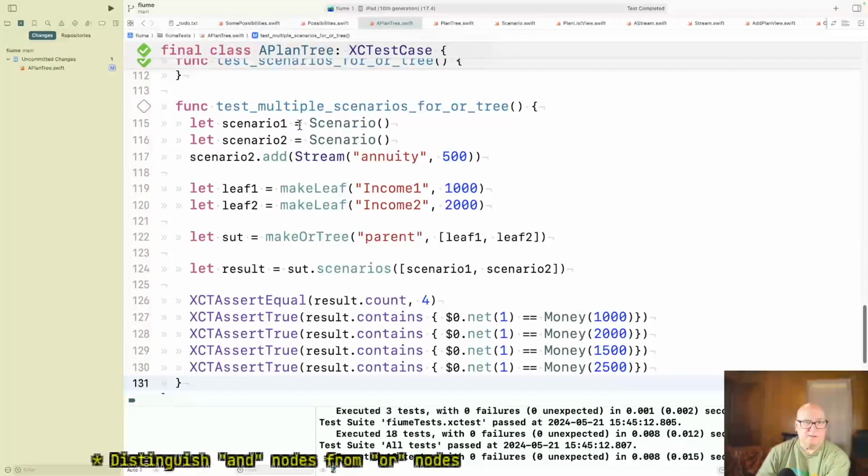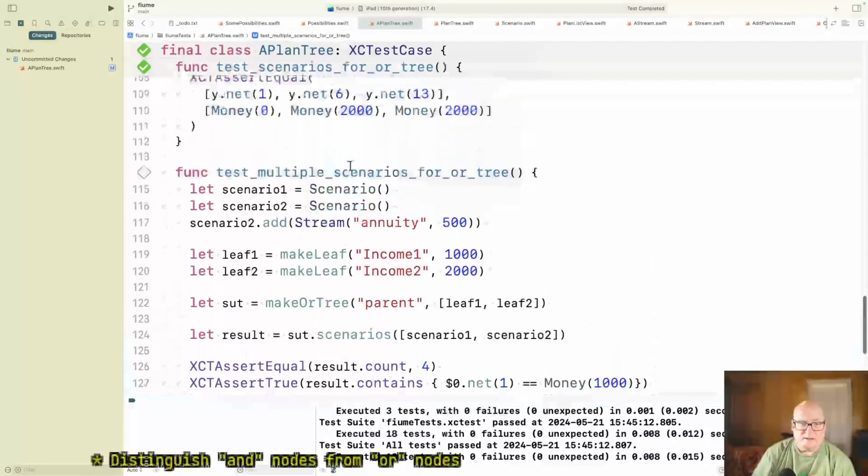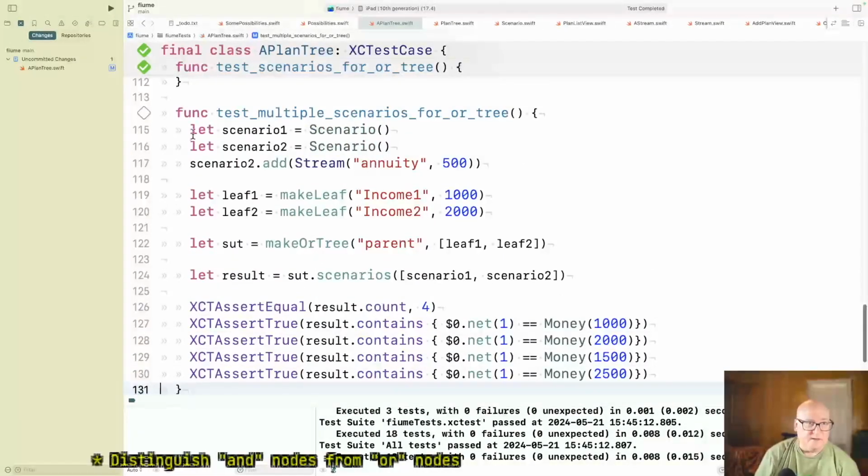All right, so two pre-existing scenarios. One of them has nothing, one of them has an annuity. So 2 choices times 2 choices should be 4 choices. And it's either nothing plus 1,000, nothing plus 2,000, 500 plus 1,000, or 500 plus 2,000. Okay, and this should fail.